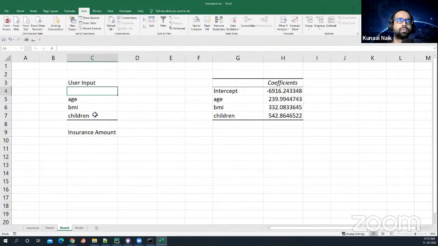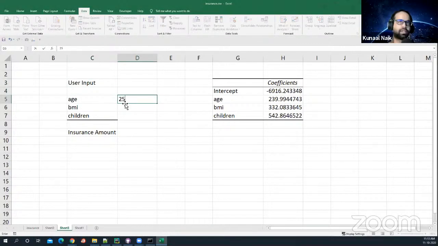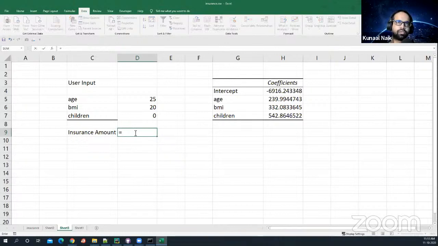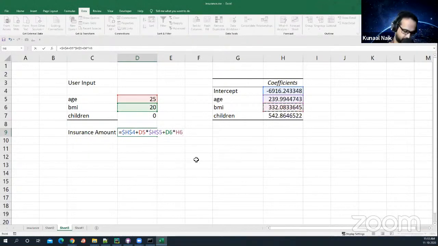And this is going to be the user input, right? So user inputs are age of, let's say, 25, a BMI of, let's say, 20, and children 0. And he's expecting an insurance amount here, right? So insurance amount is obviously going to be the intercept, right? The intercept plus the age provided into the coefficient that we have for the age there, right? Plus the BMI into the BMI coefficient that we have here,